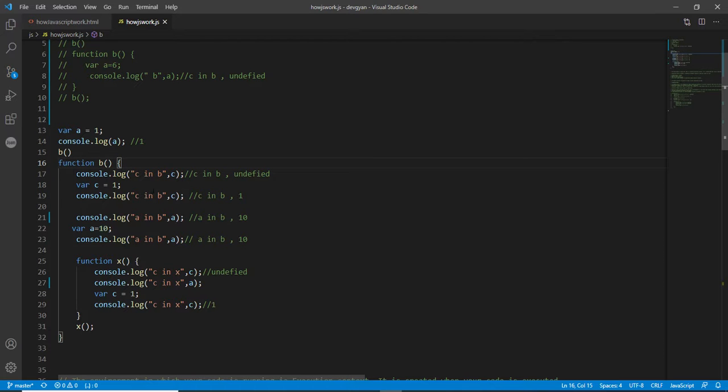So what will be the value of this one? Again, because the function invocation has happened, within this function the same thing happens. It means that during the creation phase, or during the parsing, it will try to identify the variables and functions. Every variable will be set to undefined as the initial value, and the function will point to their scope.